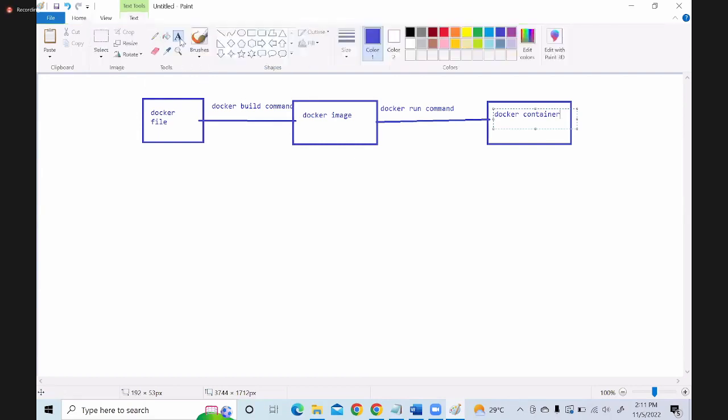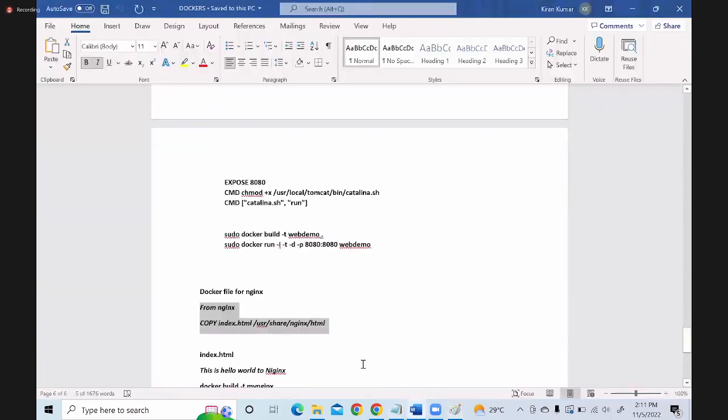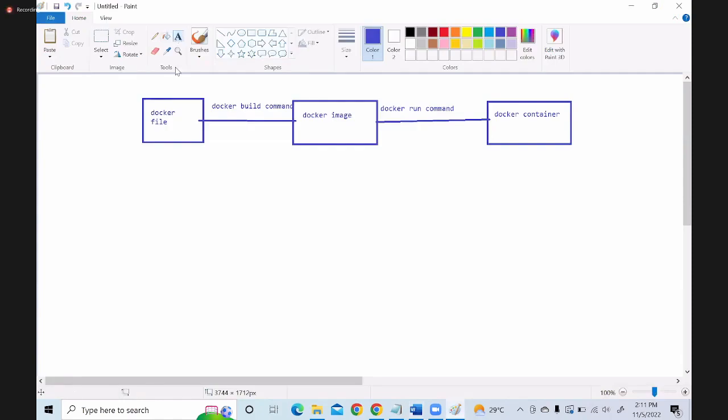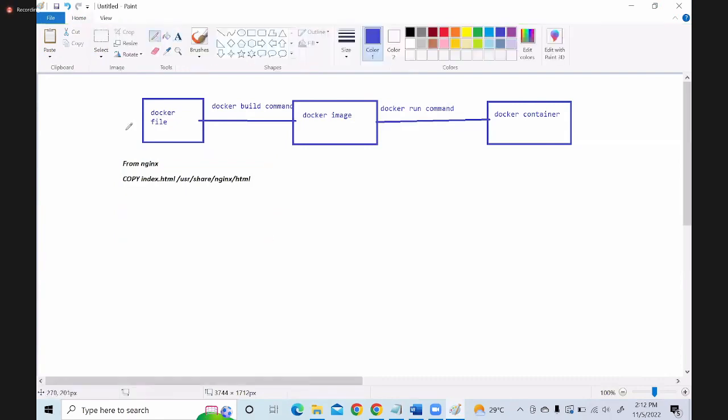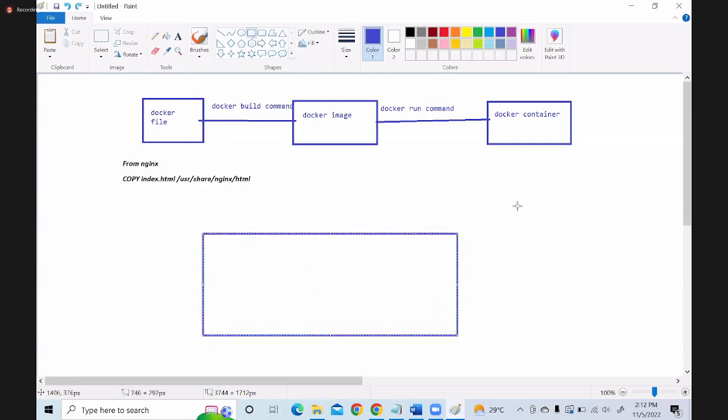Okay. So if you see the Dockerfile, this is a Dockerfile where we are setting up the nginx server, and in that we are copying some index.html. So basically, where this Dockerfile is present, this will be present. You can create this Dockerfile in a virtual machine, in my virtual machine,